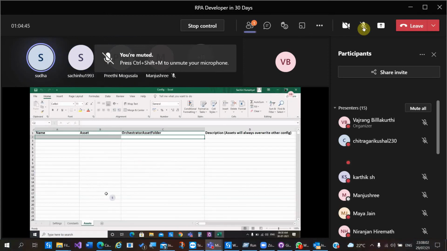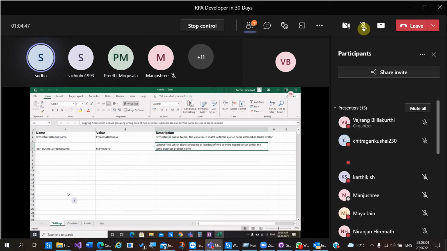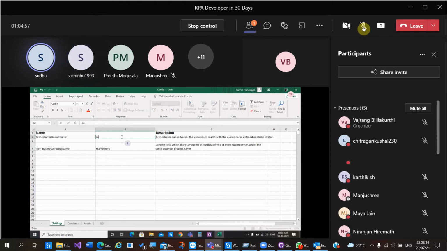Go to the Settings sheet. In the value cell, you need to update your queue name, what you have given in the Orchestrator. That's Sachin, I think. Save and close.